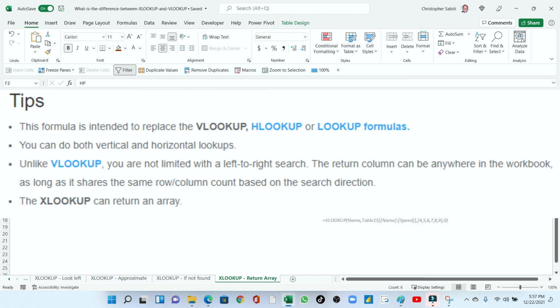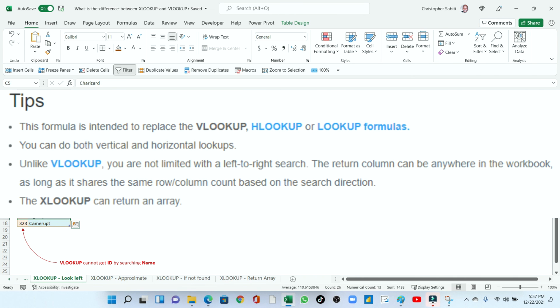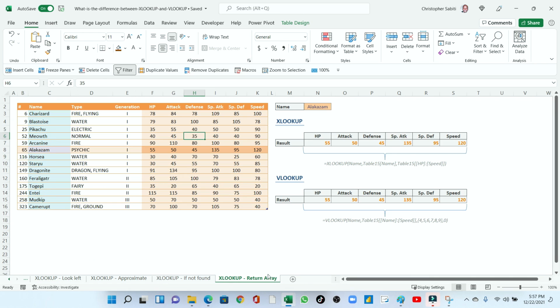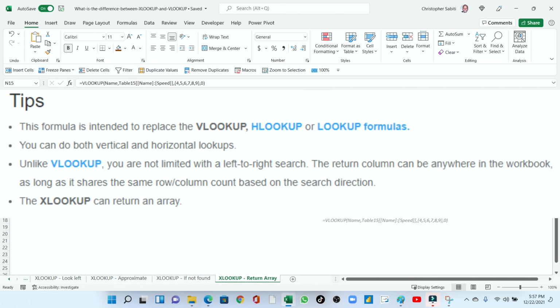You have seen how we have looked up the horizontal. Then, unlike with the VLOOKUP, you are not limited to left or right. We have seen this where you find that you are limited to pick the left value, that is the ID. Then the XLOOKUP can return an array. We have already seen that it returns an array automatically, where the VLOOKUP you have to input an array manually.